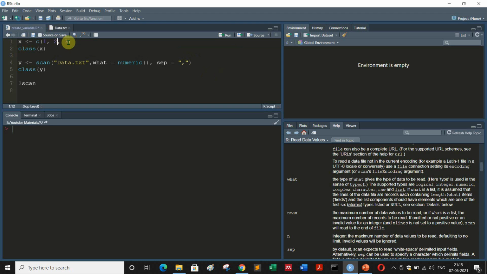Suppose you want to create a vector with a variable name x, and you want values such as 1, 2 and 3. So you provide the variable name, then the assignment operator, and then c. Now c stands for combine, or it can also be called concatenate. Some people say it denotes concatenation. Whatever the term, its main purpose is to combine all the values